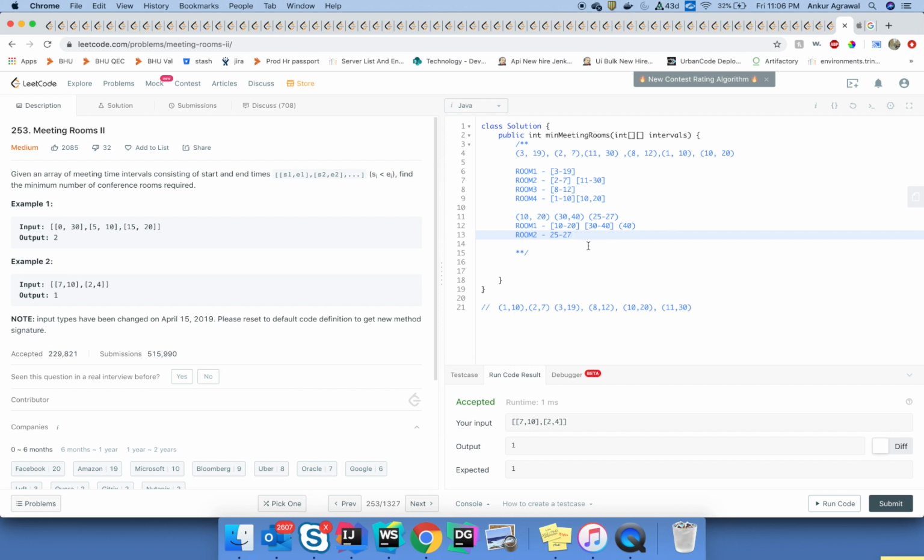And as you can see, it is very evident that you can indeed fit 25 to 27 in this room itself. But the reason is, since we didn't access them in the increasing order of their start time, the result was incorrect. So if you sort them first, 25, 27 comes here. And now if you repeat this process,